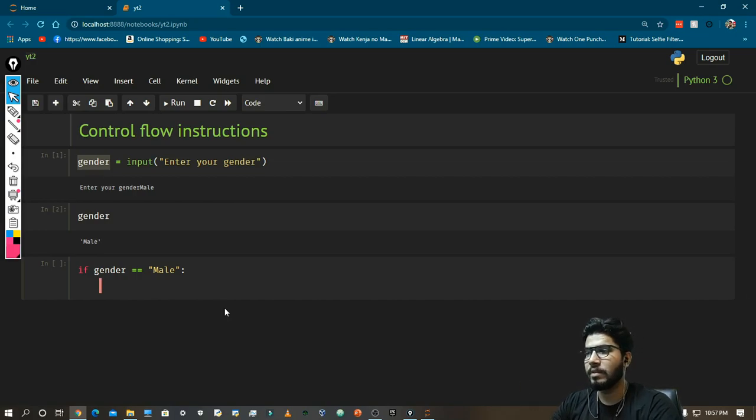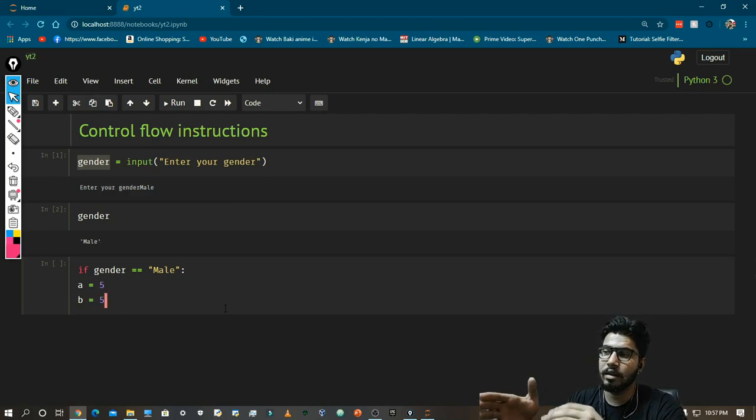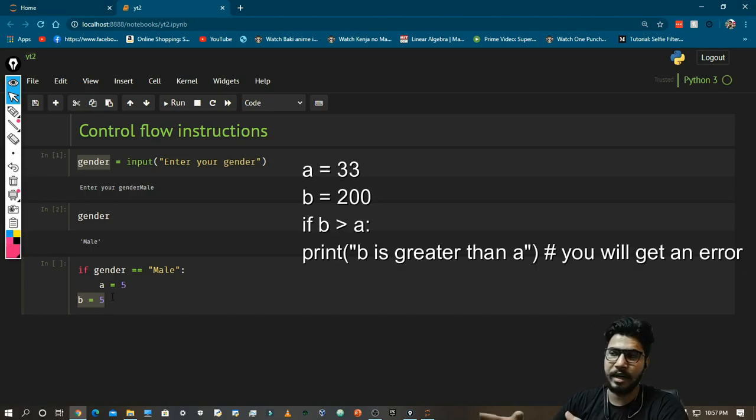For example, if I write a is equal to 5, b is equal to 5, how do you know whether a belongs to the if gender condition or whether b belongs to it? For that you use indentation. If there is an indent here, it means that a belongs to this condition but b doesn't. We will see more of this in later videos, then you will understand better how this works.